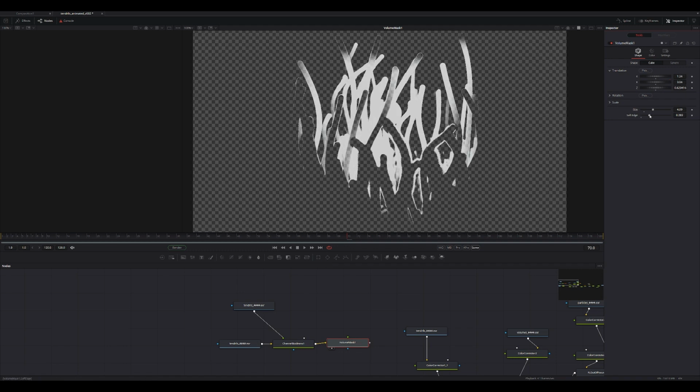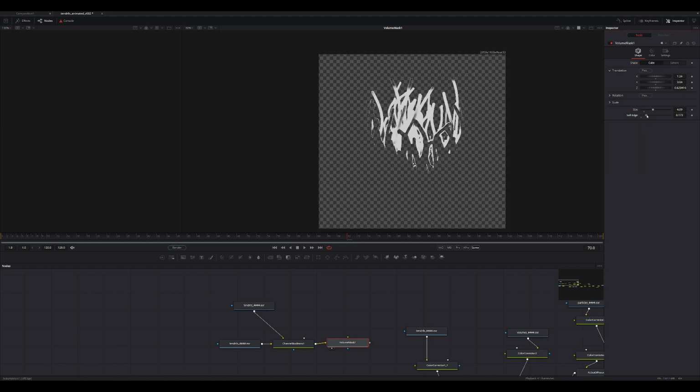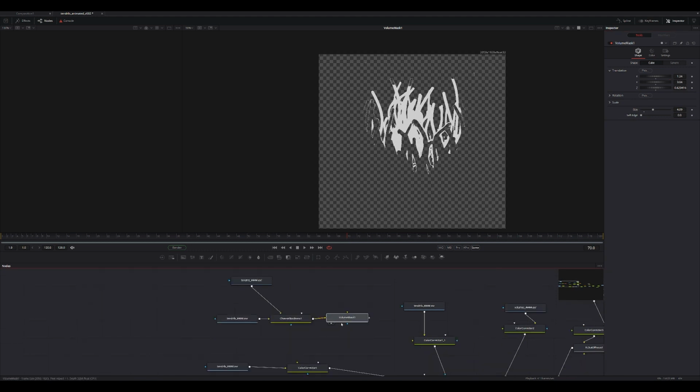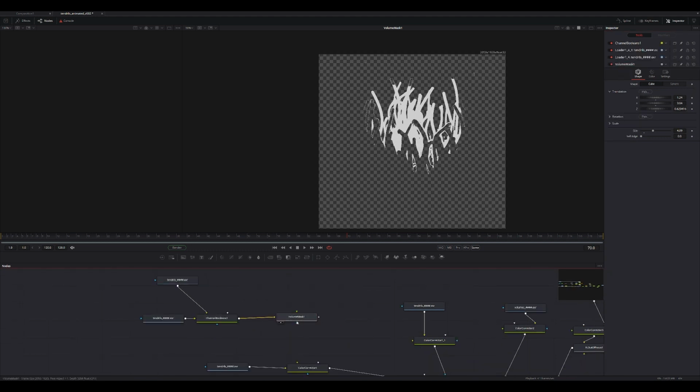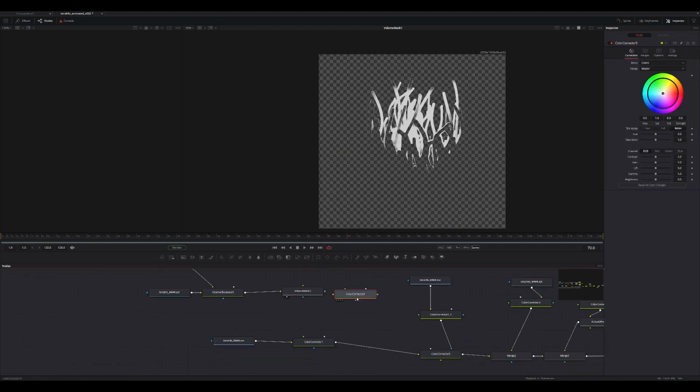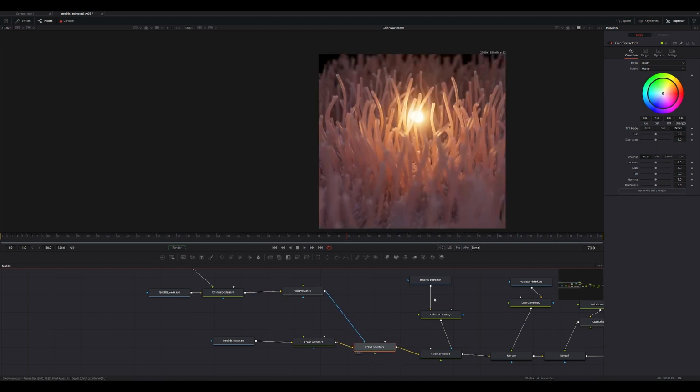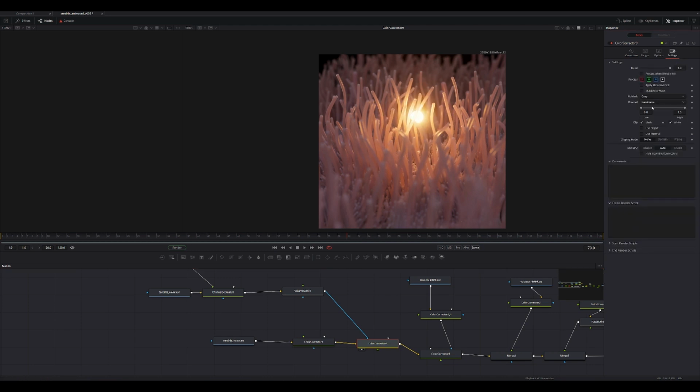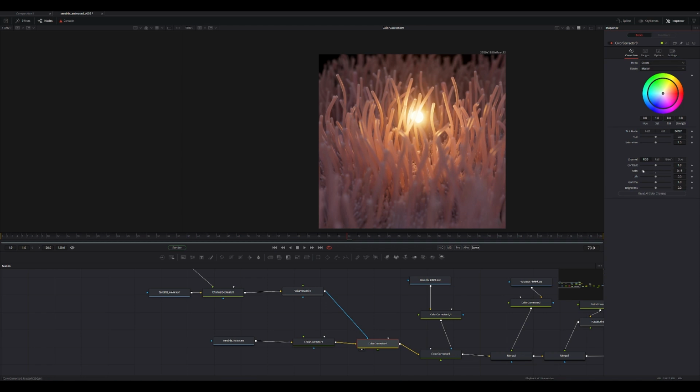So let's fade it out a little bit more. Maybe in this case it would make more sense to, let's try it like this. All right, let's do a little bit of soft edge. And you could say we're at color correct. And you could set it to luminance, or you could put it to alpha, do whatever you want. And you can see now I can actually have control over